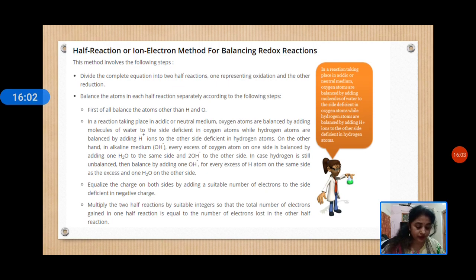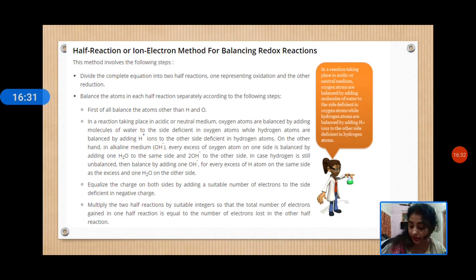The two half reactions are balanced separately and then added in such a way that the electrons released in the process of oxidation cancel the electrons captured in the process of reduction. Okay, so whatever reaction is given, you have to note in the question whether it is given oxidation number method or half reaction or ion electron method. In this, whatever the reaction is given, first we will split.